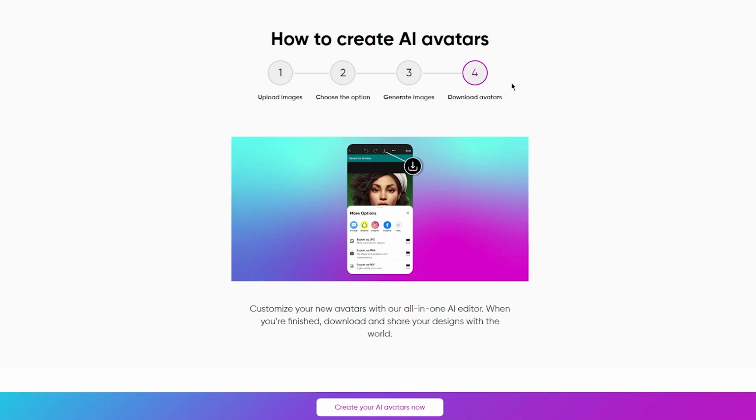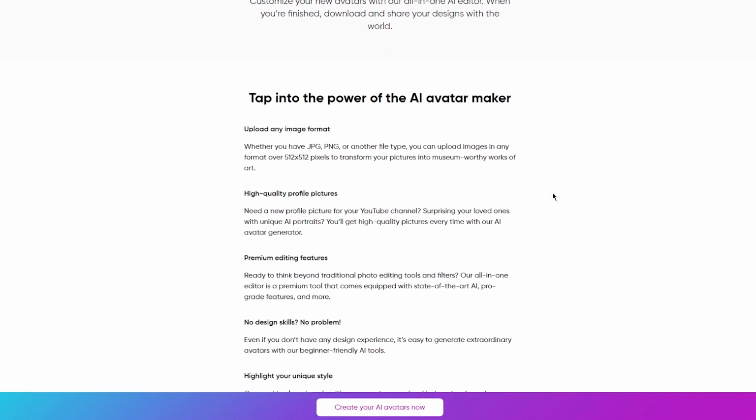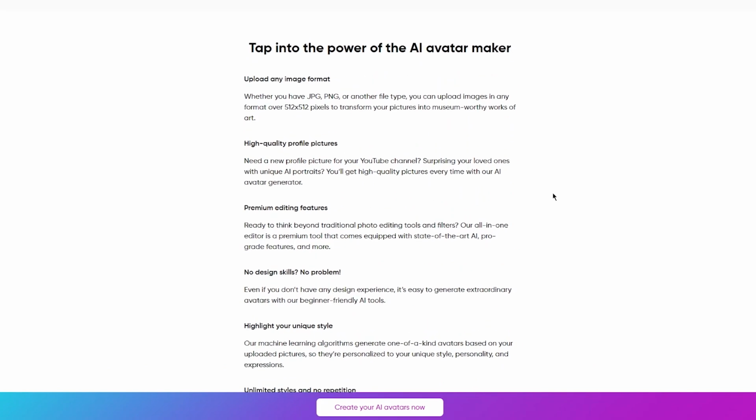Customize your new avatars with their all in one AI editor. When you're finished, download and share your designs with the world. And here you can see, tap into the power of AI Avatar Maker. Upload any image format, whether you have JPG, PNG, or any other file type. You can upload images in any format over 512 by 512 pixels to transform your pictures into museum-worthy works of